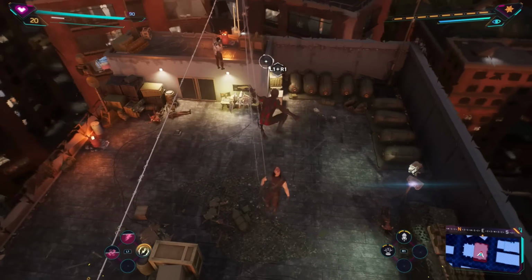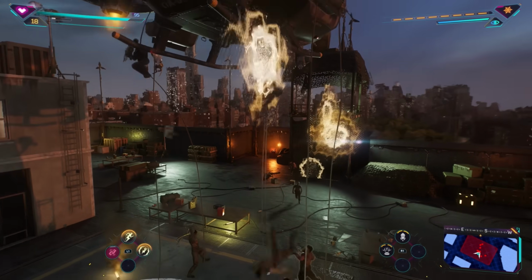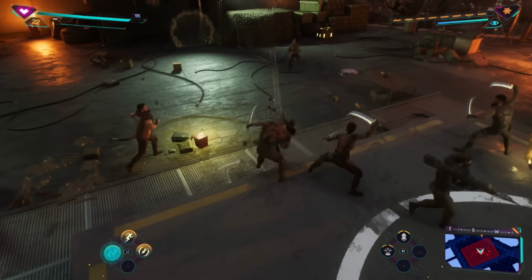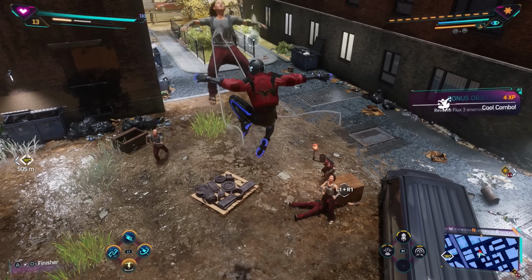off back to you. And what you can do is follow up with a second hold of the X button instead, which is going to hit them again, bounce them again for the second time, and from that point on you can just reset the combo or go into different attacks. Like seriously, this is one of the coolest ways to take down enemies, but eventually you can upgrade this even